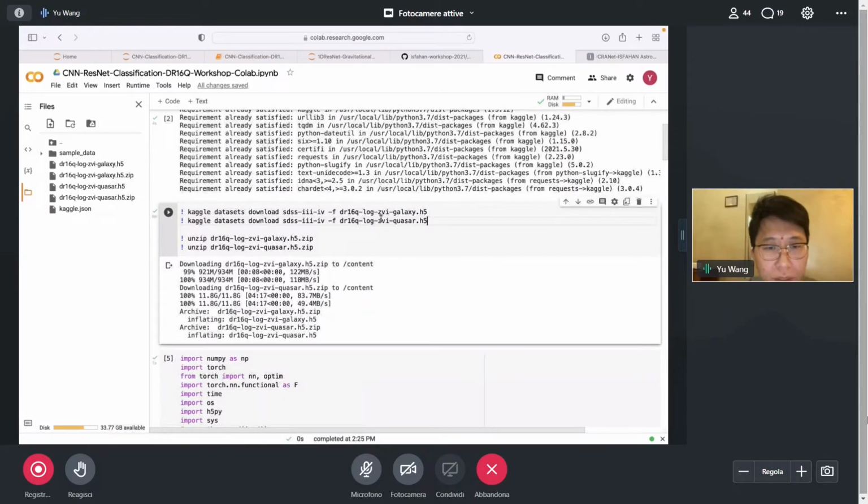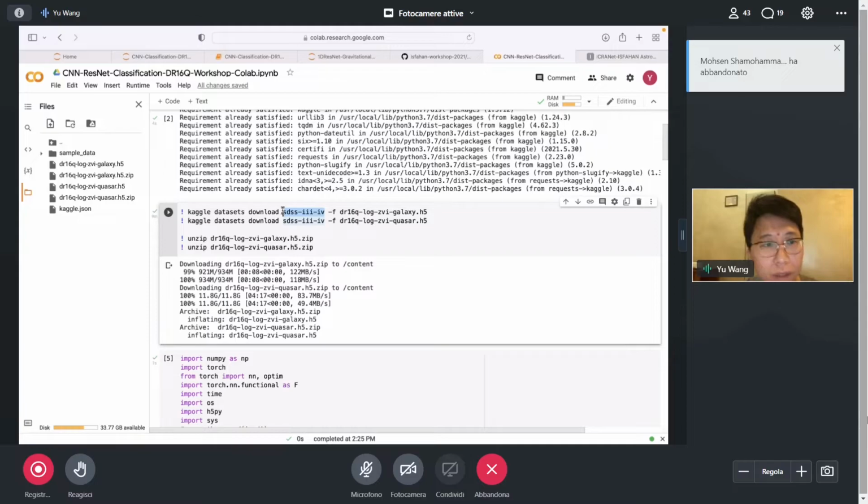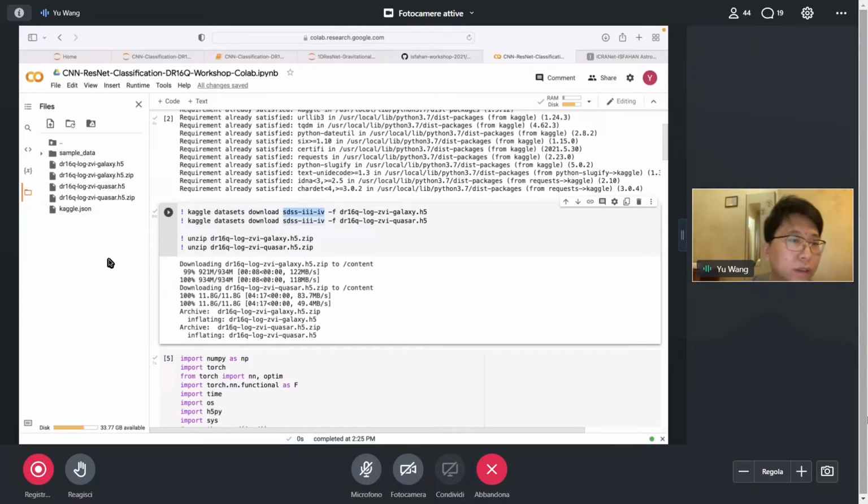And here, this SDSS is the name of the database that I created, that I prepared for all the DR16Q data. And the objects,